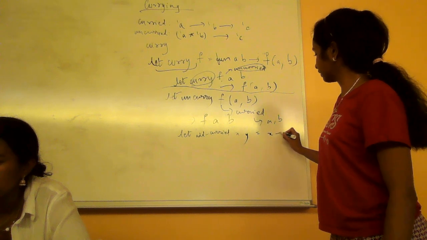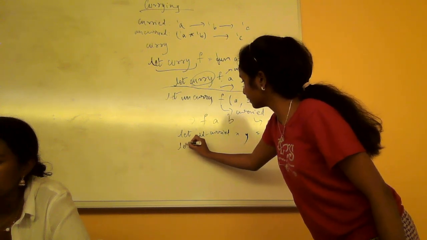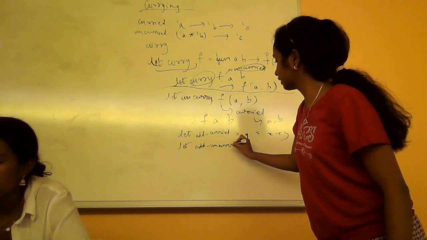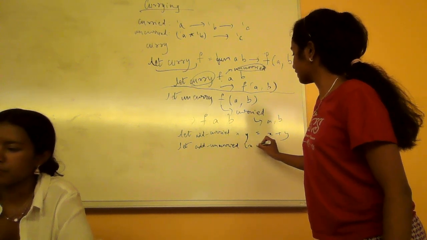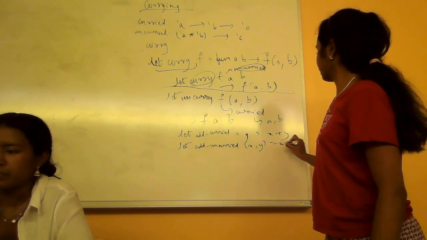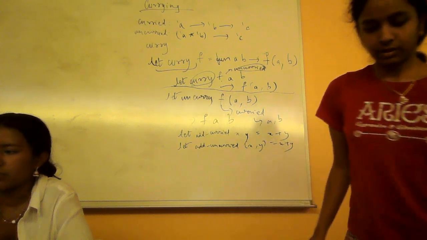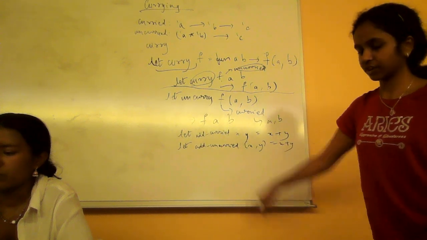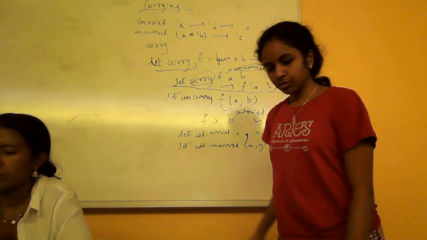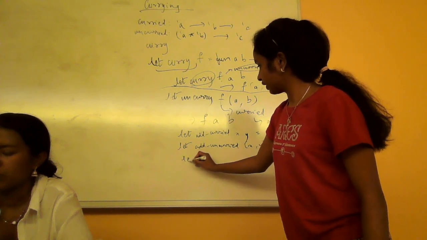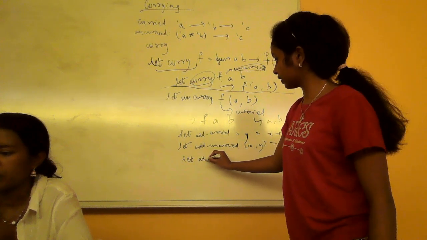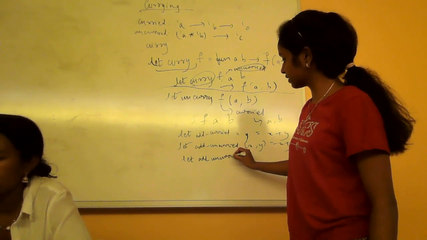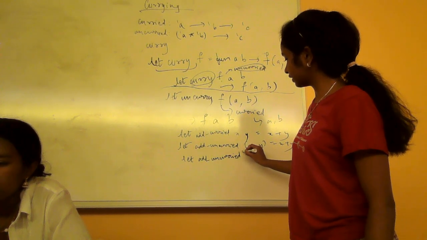And let add uncurried is when it takes in a single argument. So this is the exact same function, but this is the curried version and this is the uncurried version. So let us assume that we want to convert this curried function to an uncurried function. So let's call it let uncurried,